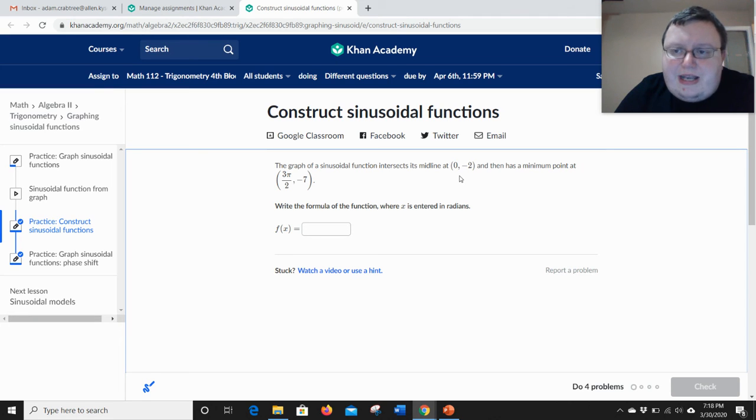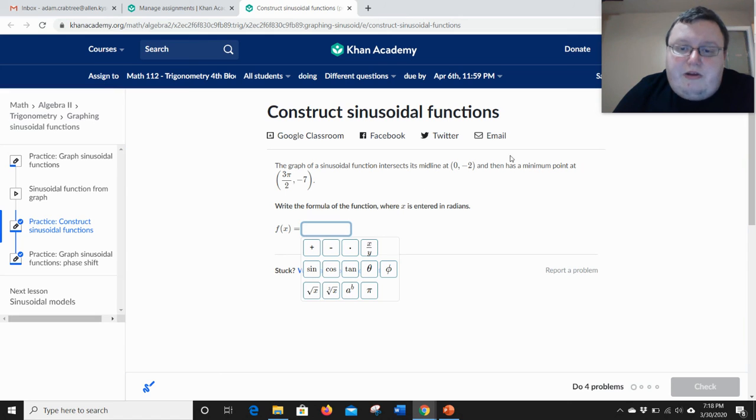So I'm starting at a midline. Starting at a midline, what am I going to use? Sine or cosine? I'm going to use sine. So it starts at a midline. So we figure out what the